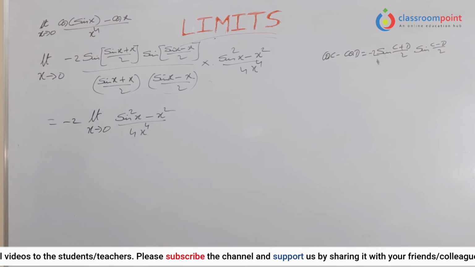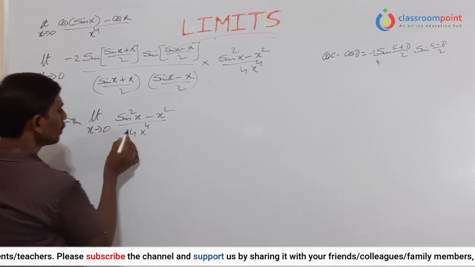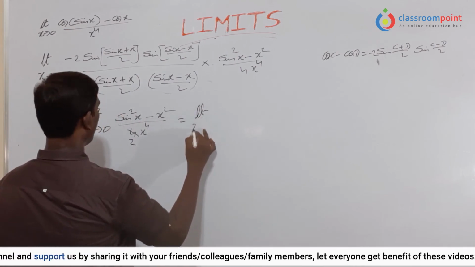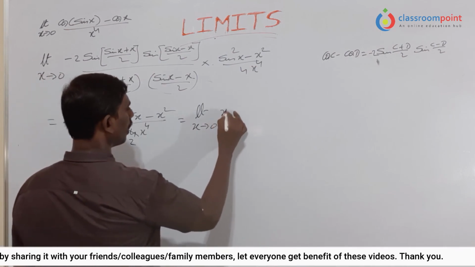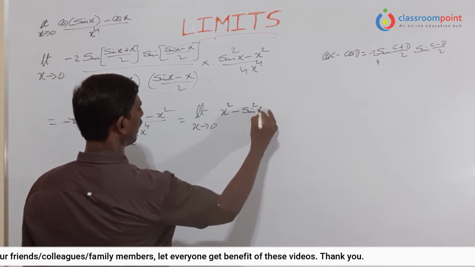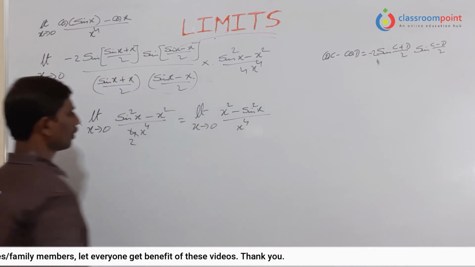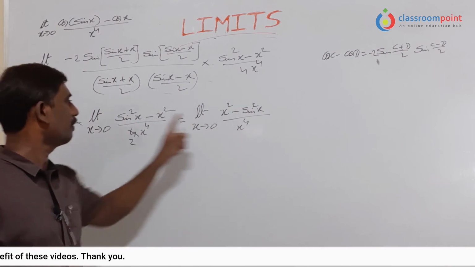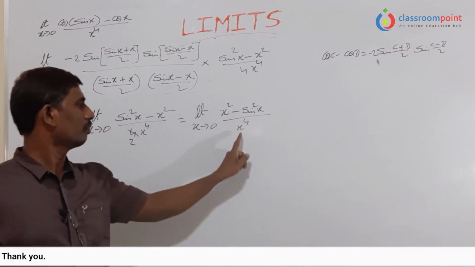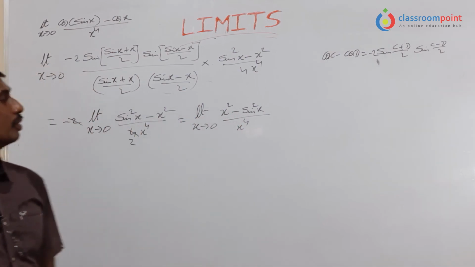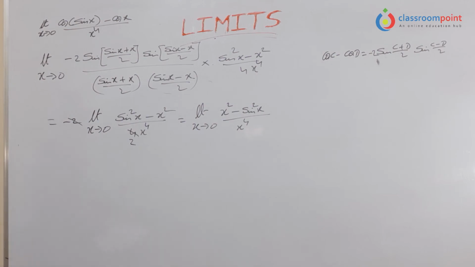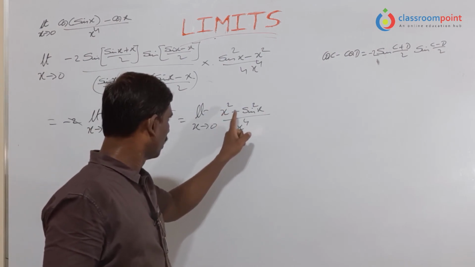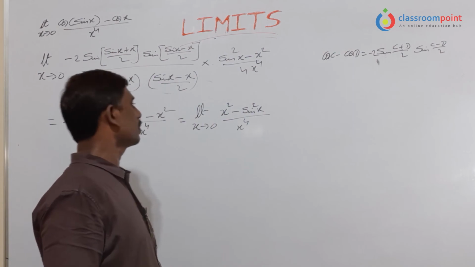Then what will we do here? We'll do one thing. The 2 will cancel, 2 times, and the minus will be multiplied with this: limit x tends to 0, x square minus sine square x by x power 4. Is it okay? What I have done here: minus multiplied with minus only, then we get this one, right? Then what to do now? Even taking x as 0 here, we do not get the answer.